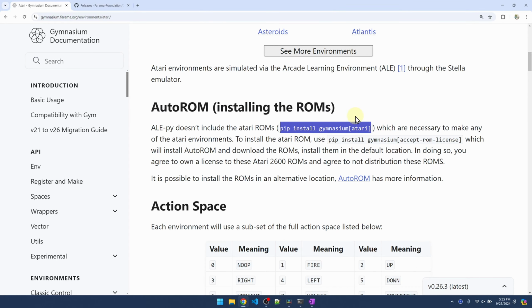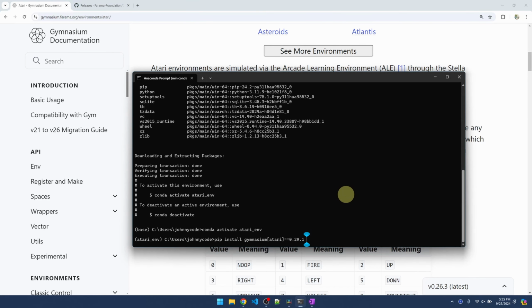This first package installs the library that can interface with the Atari games. The second package is the one that actually contains the games. And we'll use the same version. I'm not going to run the command just yet. In case you don't know, there is a difference between running pip install one package at a time versus all in a single line. When we do a single call, pip will attempt to resolve dependency conflicts for us, and